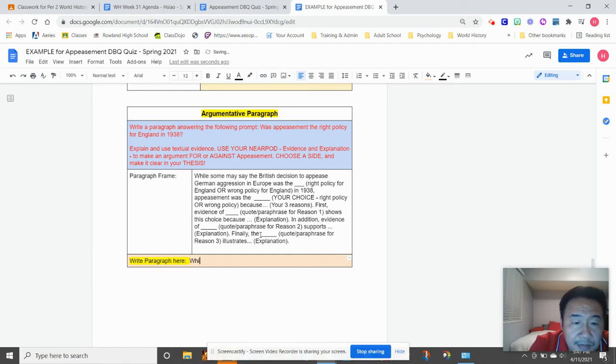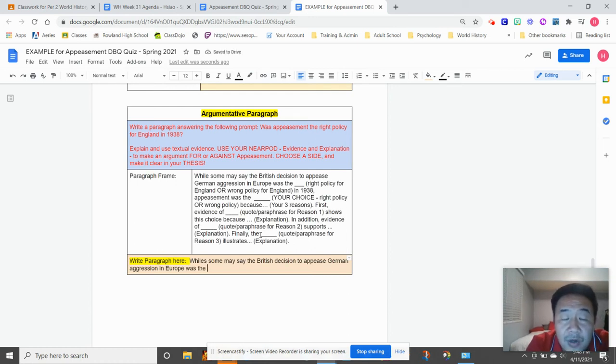While some may say the British decision to appease German aggression in Europe, this is where it gets tricky, was the wrong policy or the right policy. So if you're supporting that it was a right policy,